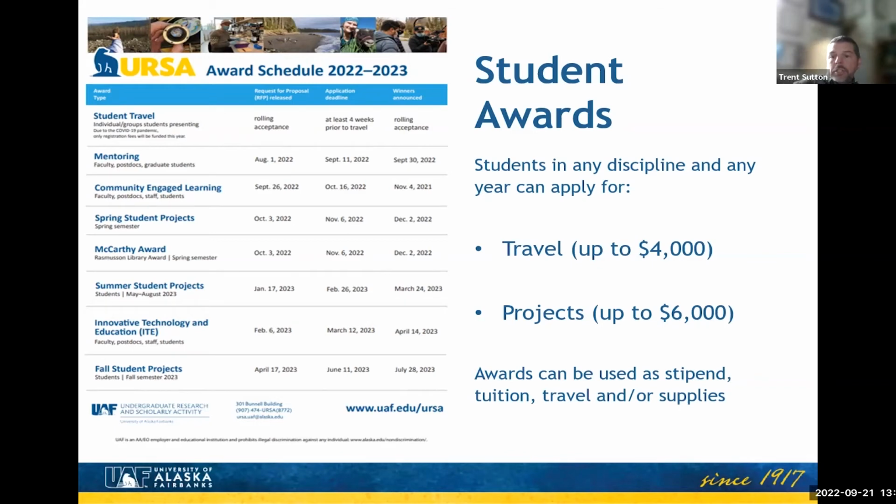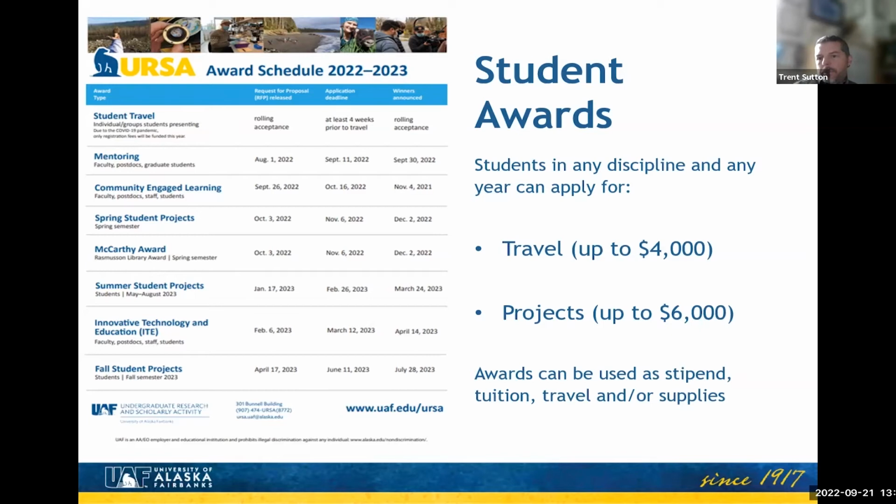You can pay for some tuition as well, as long as it's in a course related to your project. So as an example, if you needed to pay for 3 credits of calculus, we're not going to cover that unless you're working on a calculus project. So it's got to be some type of research-related project or creative scholarship type of project or course that you're taking that would be relevant. It can provide some travel funds related to the research itself. So if you have to do some field work, you need to go somewhere to get something, it'll cover those costs. And then it'll pay for any supplies.